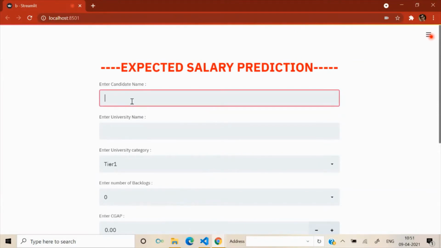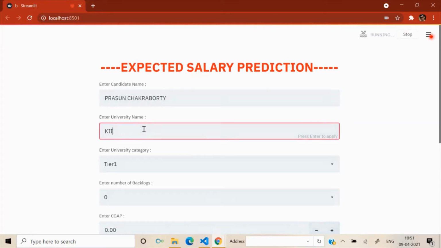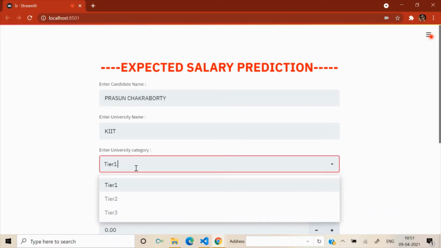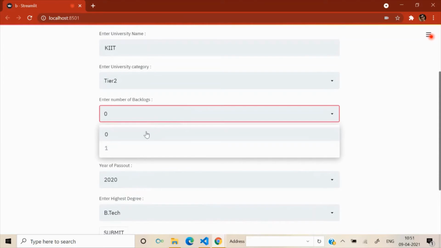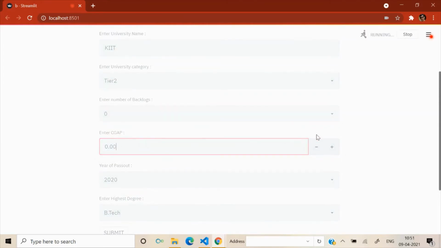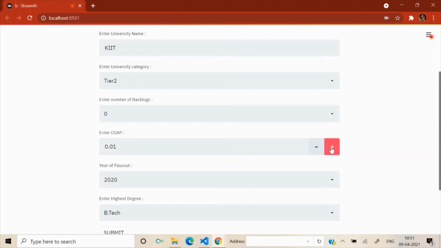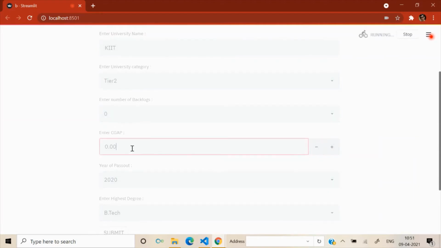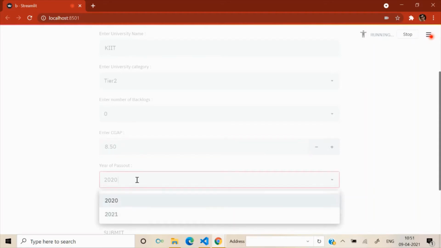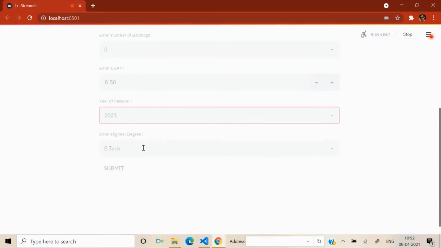So first enter the candidate name, enter the university name, enter the university category that you have to select from the drop down menu. So mine is Tier 2. The number of backlogs you have to select from the drop down also. You can use the plus button here to increment or decrement the number, or you can directly type your CGPA here. You have to select the year of passing from this drop down, and you have to select the highest degree that you have. Click the submit button here, and after processing all these things, you will get to see